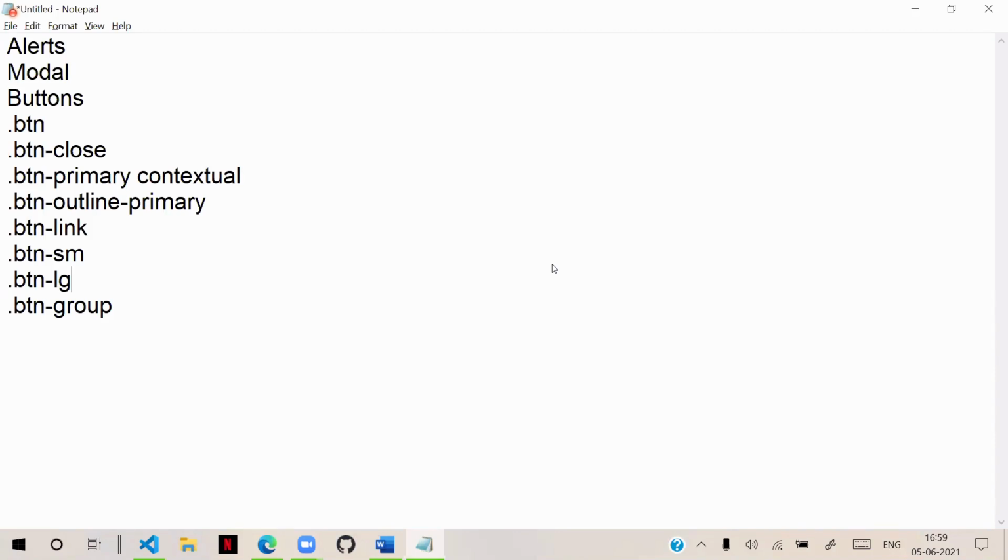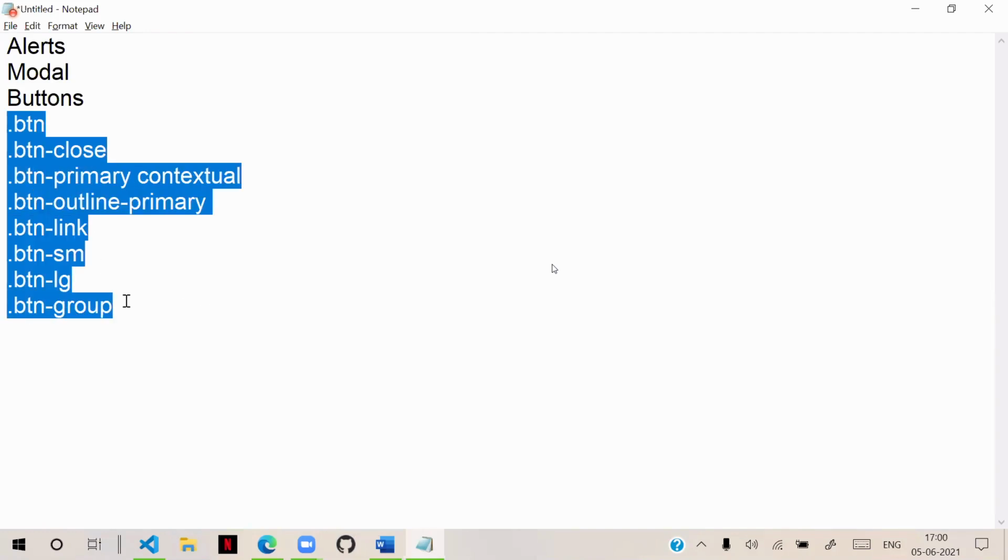Actually, earlier we used to have some more additional options, but these days we have to do that with other types of plugins, so other attributes, we have to use a combination. Now buttons can be defined with a button group also. Earlier we used to have button toolbars and all. Now we don't prefer these button toolbars. We use general buttons. So these are the Bootstrap 5 related buttons and how we can configure them.